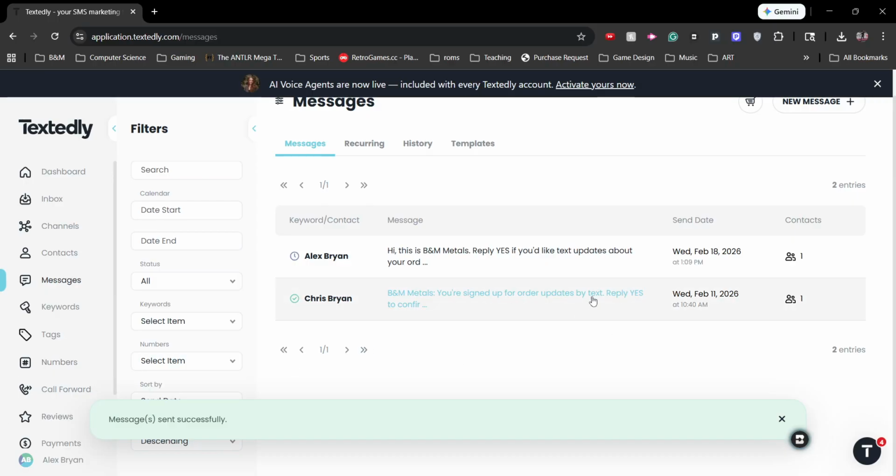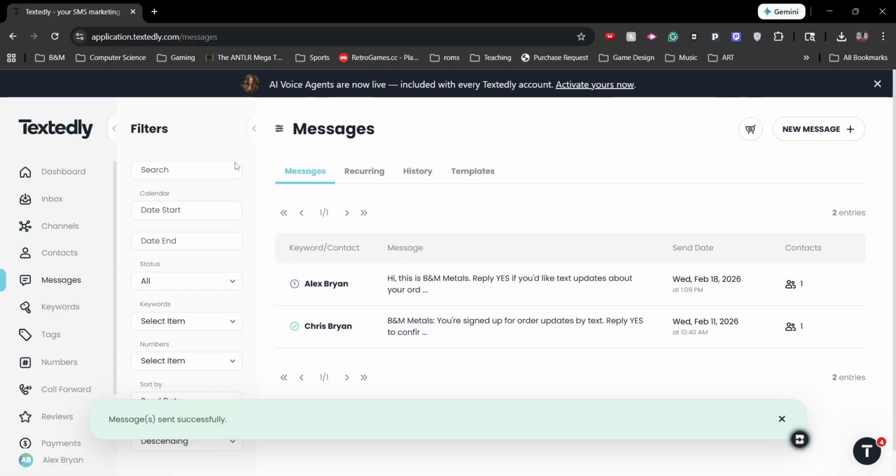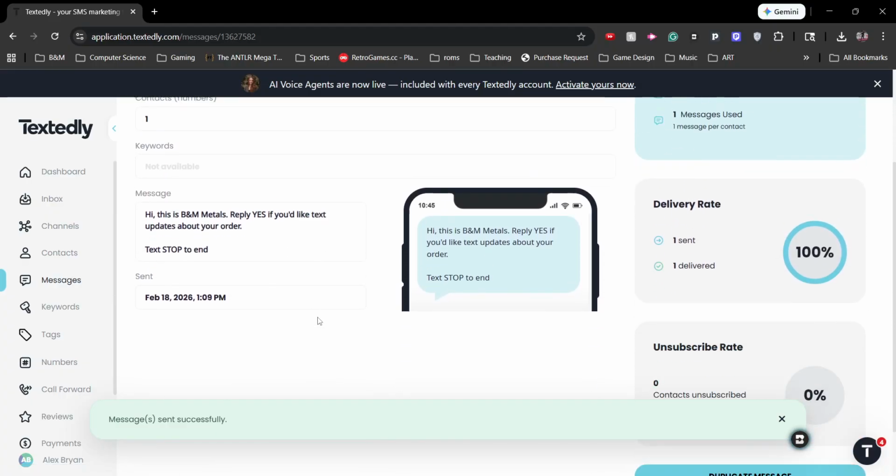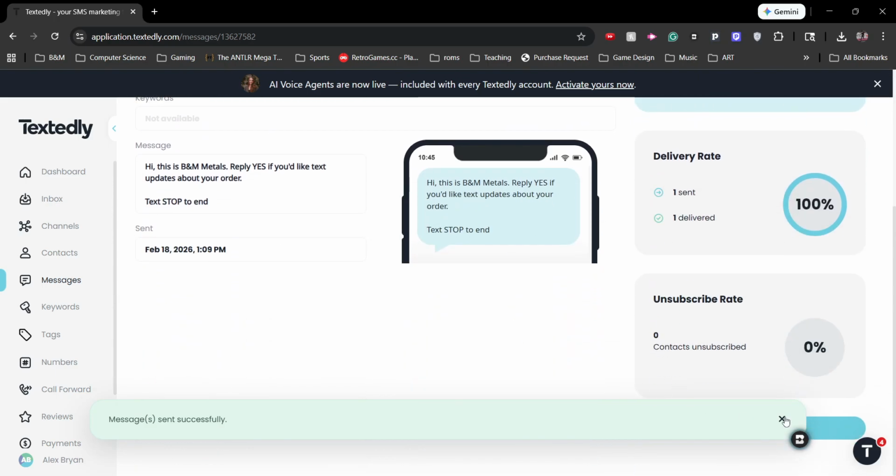And then from here, you can actually look through your messages. If you go to messages on the left, you can see all the different messages that we've sent in the past. I sent one to Chris, and then I reset everything. But here's my messages right here. So here's where I can continually talk to that customer. I can send them new messages. I can send them updates. I can continue this